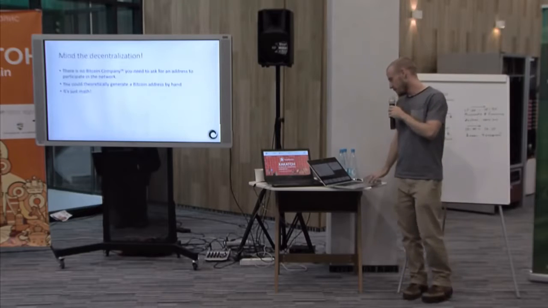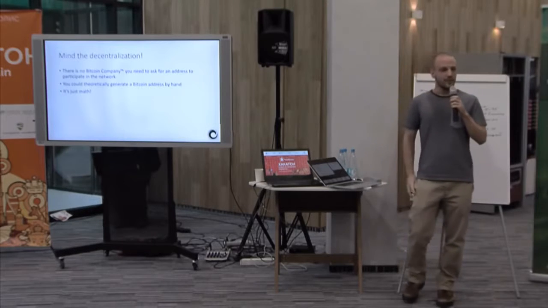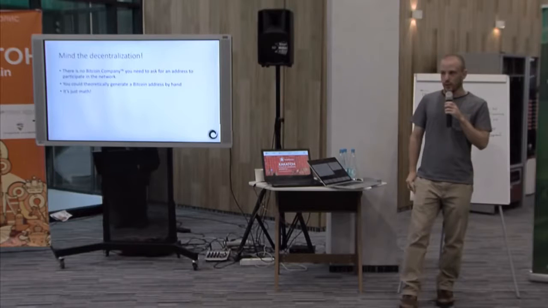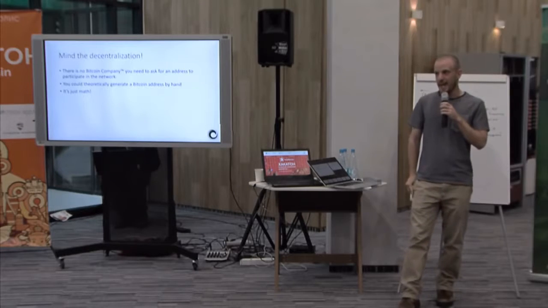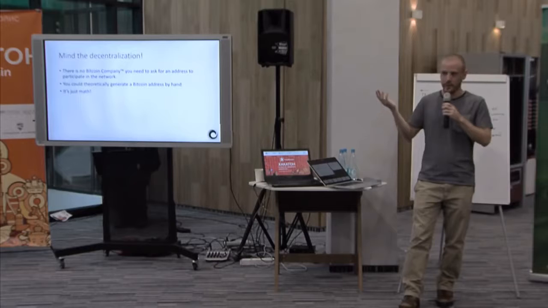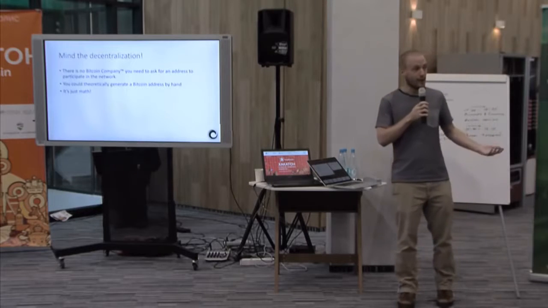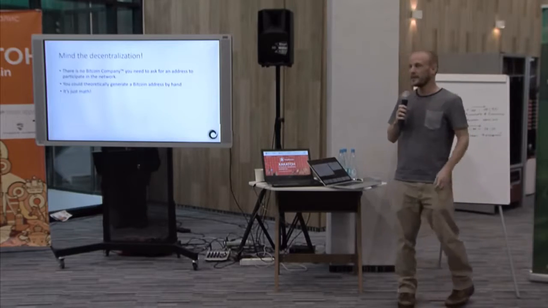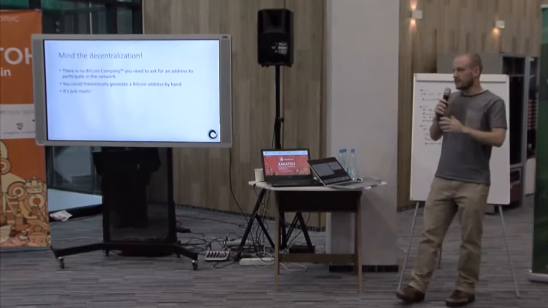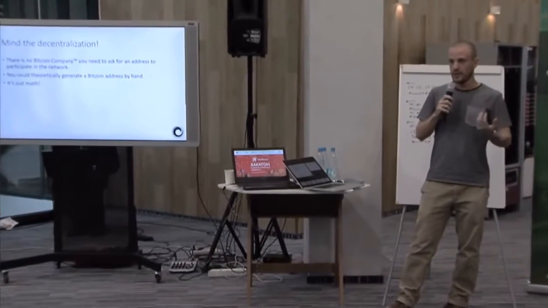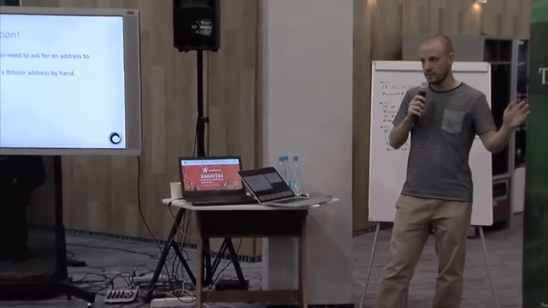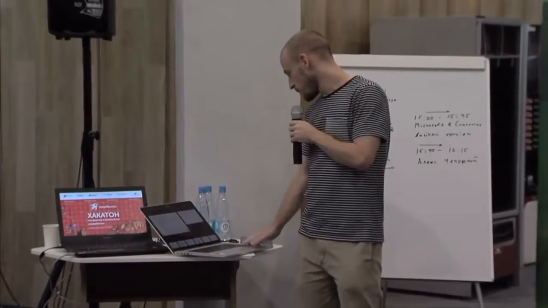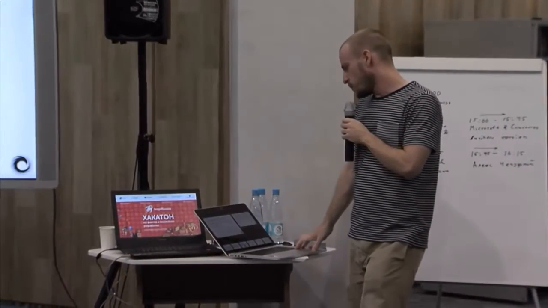But the interesting thing about that is, it's just math. There is no Bitcoin company that you have to go through to ask for an account to use the Bitcoin system. You could theoretically just do it on paper. It would take you a few hours or a few days, but you could do it yourself. Certainly you could write software to do it for you, which is what people have done. So that is one of the big things that makes Bitcoin decentralized. To participate in it, you don't need to ask anyone's permission. You just need to generate a public-private key pair, and that's just math. Nobody owns that.